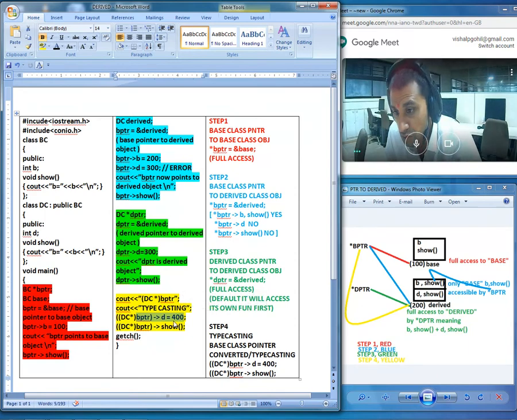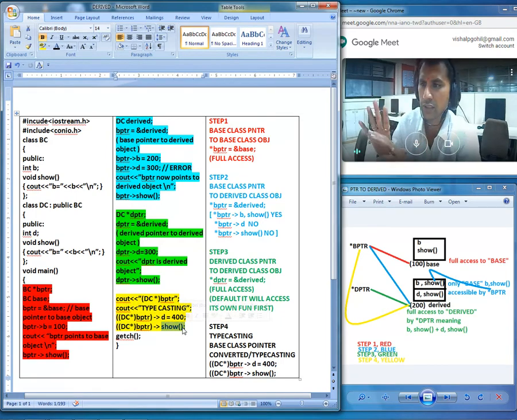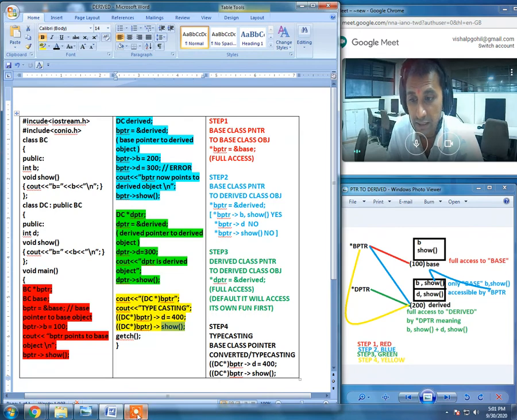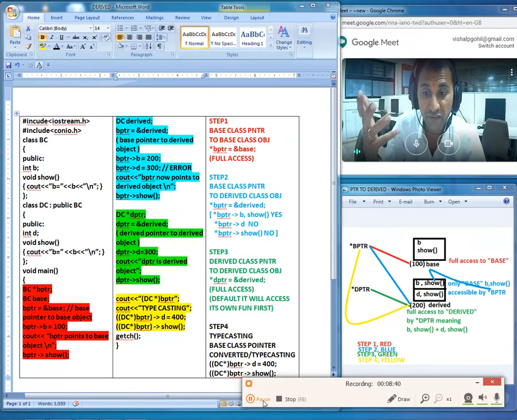Another time, using the same bptr pointer, first of all we convert it into a child class pointer, and that is the syntax. It is converted into a child class pointer, and now it will make a call to the show function of the child class. If you just take a look at the code, the explanation and the diagram, and follow the color codes, it is perfectly, 100% convenient. All right, everyone, just go through the same content, revise everything once again.